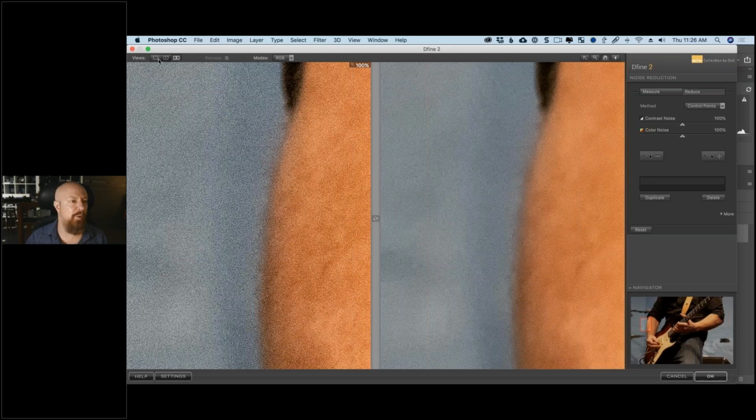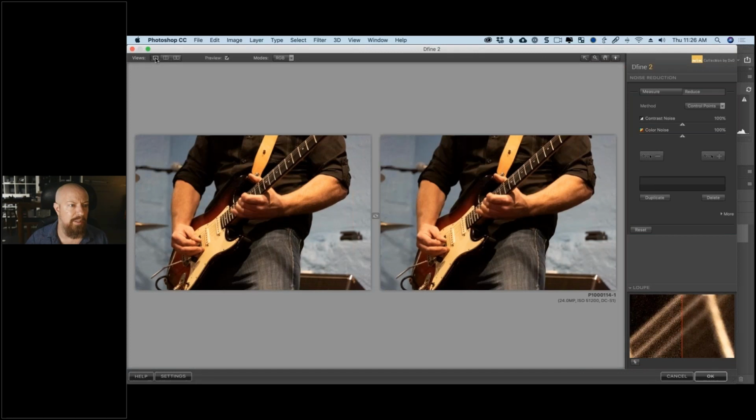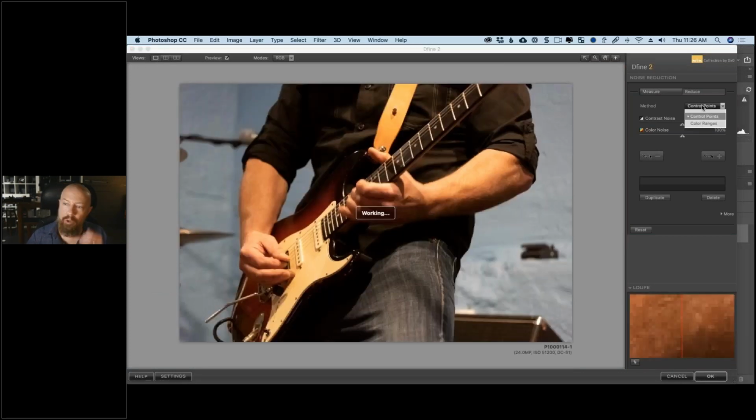So now let's get selective about it. Let me zoom back out and look at the whole image. There we go. And we have control points. Okay, so in case you're new to the whole DxO thing and the whole Nik plugin thing, what are control points? Control points are a way to create a mask, in this case a mask for noise reduction, but it could be a mask for anything depending on the plugin that you're in, generated automatically based off of the luminance, the brightness level, and the chrominance, the color, of the area that you drop the control